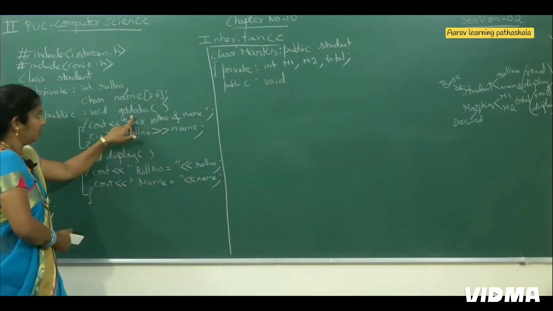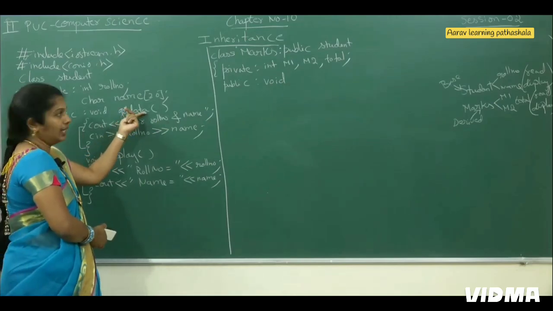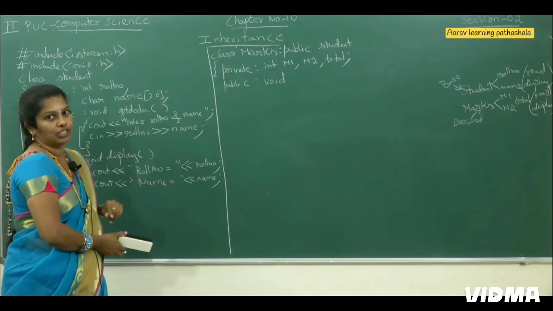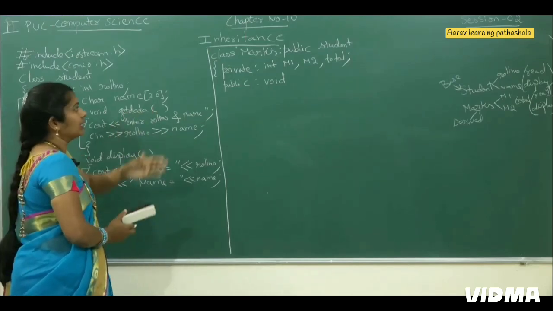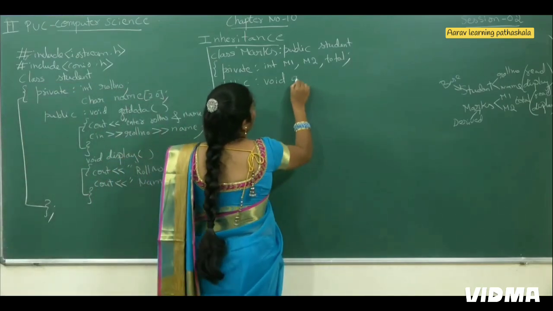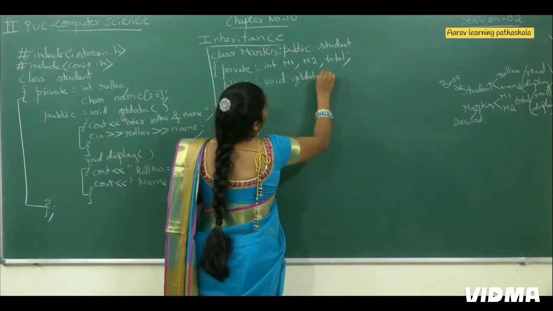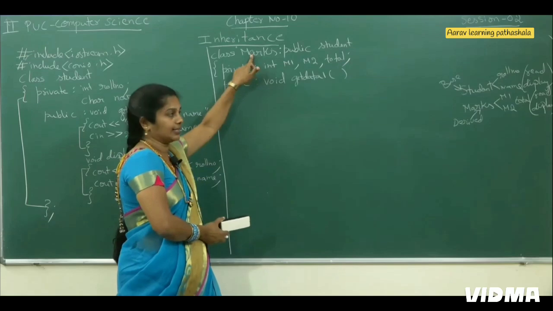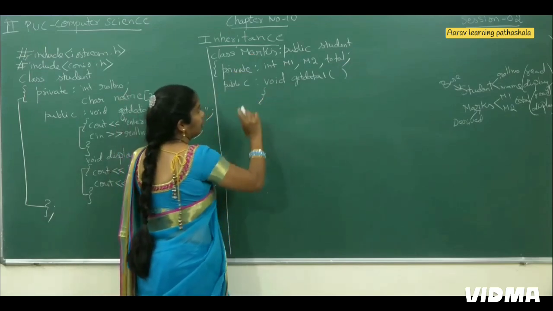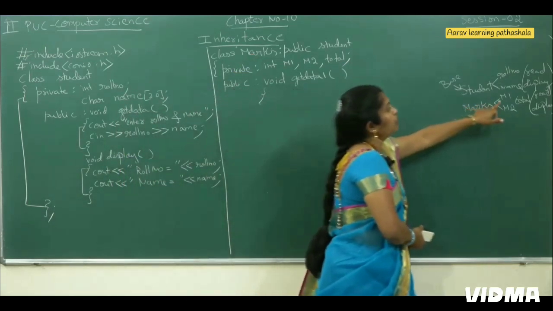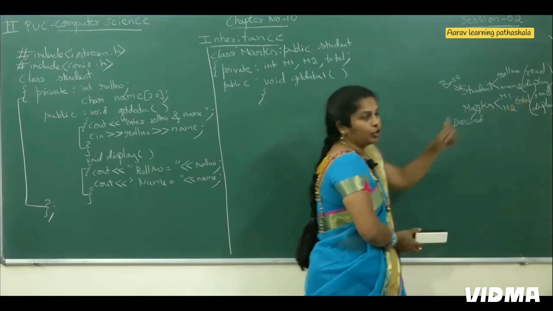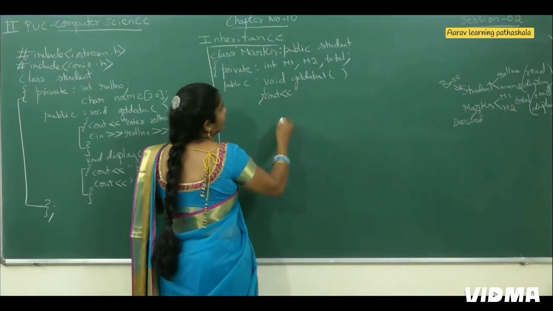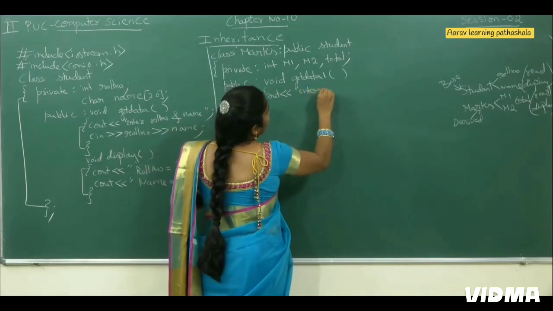Already I given one function name as get data in the base class student. Ivaga innondu base class derived class ke innondu functions beku. Here I took get data, now I am to write it as get data 1. Get data 1 is the function of marks class. Now here which are the variables I have to input? I have to input marks 1 and marks 2, then I have to find total. Then cout insertion operator, enter 2 marks.